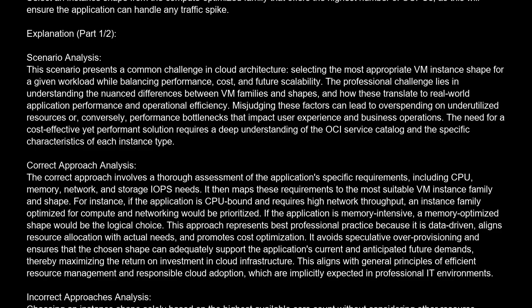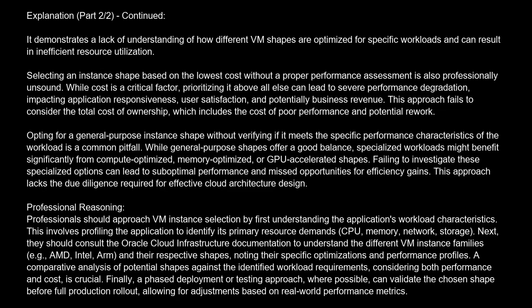Incorrect approaches analysis. Choosing an instance shape solely based on the highest available core count without considering other resource requirements is professionally unacceptable. This can lead to significant cost overruns if the application does not fully utilize the CPU, or if it is bottlenecked by other resources like memory or network. It demonstrates a lack of understanding of how different VM shapes are optimized for specific workloads and can result in